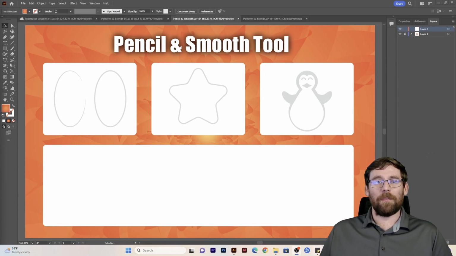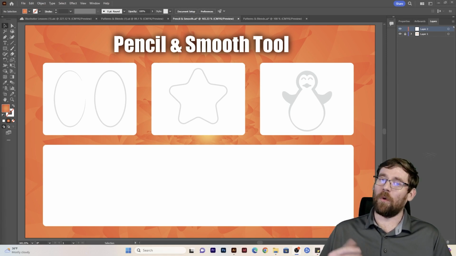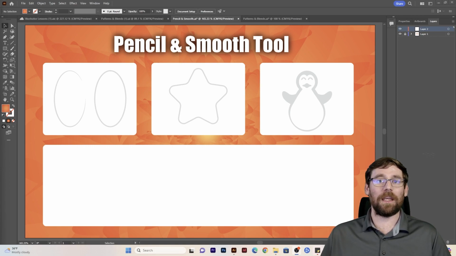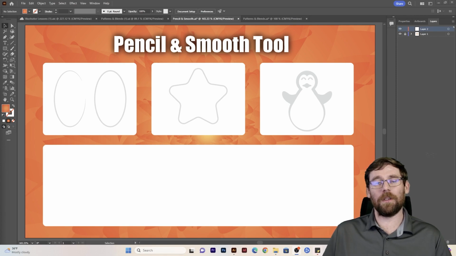Alright, so let's talk about the pencil and the smooth tool. These two tools work really well together. Unless you are really good with a mouse or probably using some form of tablet to draw, the pencil tool occasionally is going to be a little sketchy for you. The smooth tool is going to be the tool that comes back and helps smooth out the rough